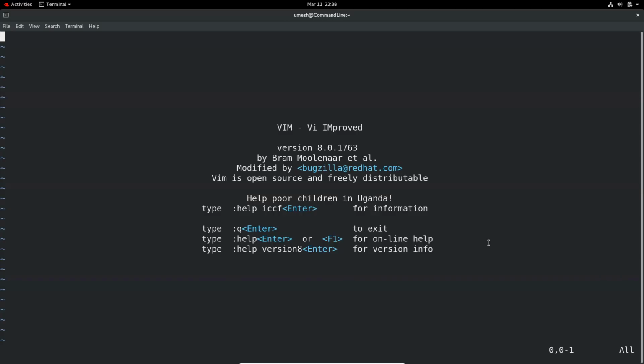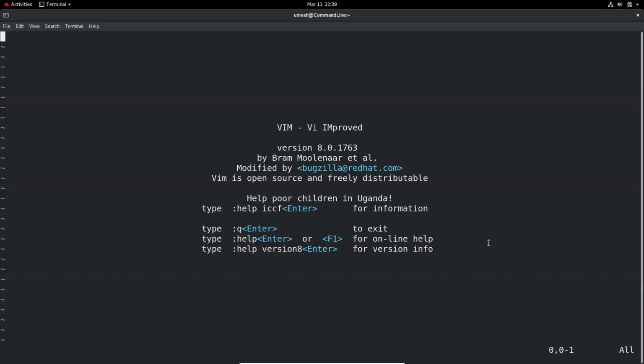So there are a few reasons that you should be using VI. The first would be VI is always there, no matter which distribution you're using. And VI does not consume a considerable amount of system resources and is very powerful. And also, when you're working as a system admin, it's very likely that you would be remoting into the server using SSH, and you don't have the option to use a GUI-based text editor. So VI is your friend.